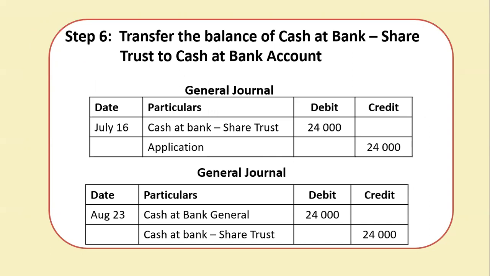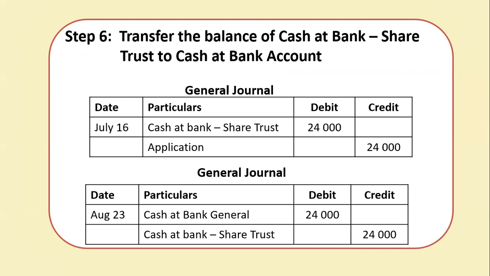See, the money is going to be transferred to general. There's no more temporary account. So it's confirmed that those shareholders who applied for the shares have been accepted and they were allotted the shares on the 23rd of August. So the temporary account that the money was transferred to on the 16th of July will now be closed because